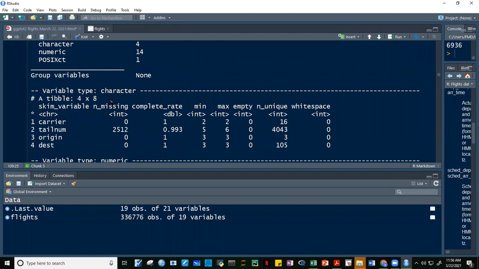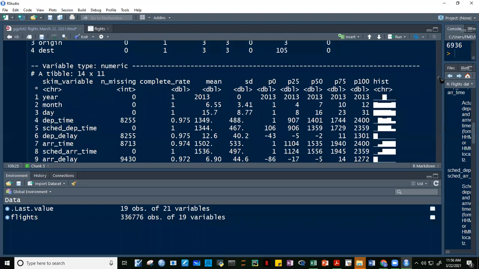Then, yung sa character, okay, ito yung mga carrier, tail number, origin, at saka destination. Okay, sinasabi lang dito yung min, max, although yung marami naman dito walang kasi character to, no? So we're not really interested in yung min, max nito. Okay, then you have numeric. Ito yung mas ano, no? So sa bawat variable, anong klaseng